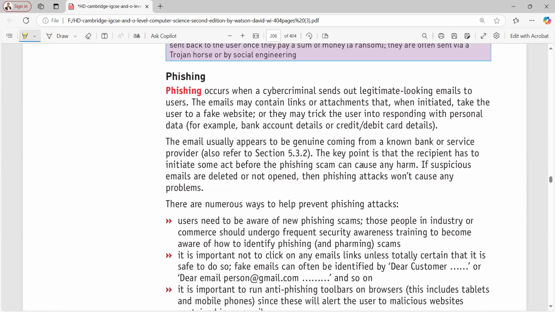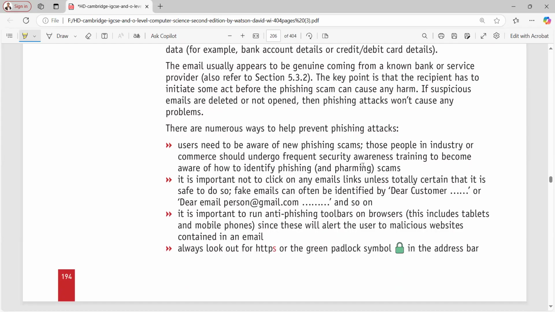Now I'm going to move forward to phishing and pharming. Phishing occurs when a cyber criminal sends a real-looking email to the user, and the user is tricked. The email might contain fake websites to get your credit card or debit card information. Whenever you click on it, you are sent to a website that might look real, but it is not. For example, you can create a fake Facebook page, and the user might enter their details into it, but as soon as they enter them, all of their important details will be hacked.